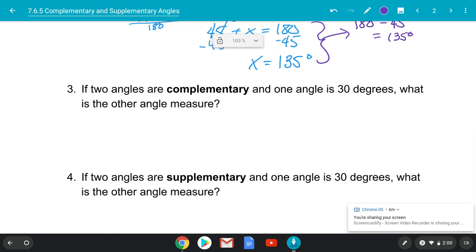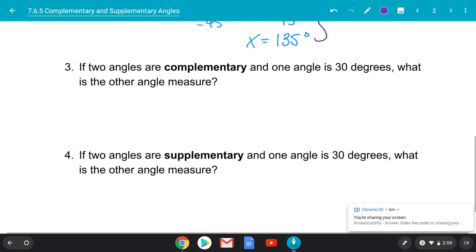For our next 2 angles, we've got a little bit more reading to do, so we want to be very careful here. So our first one says, if 2 angles are complementary. So again, I have to think, what does complementary mean? It means that they add up to 90 degrees. Nice. All right, so if we have 2 angles that are complementary and one angle is 30 degrees, what is